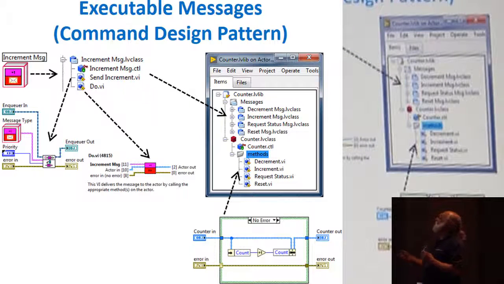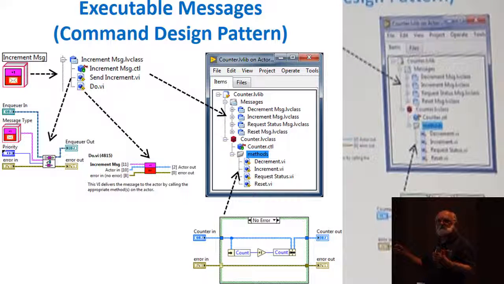In the case of executable messages, which is the second big group, the message can contain an executable payload and optional data. And we know this as actor framework.